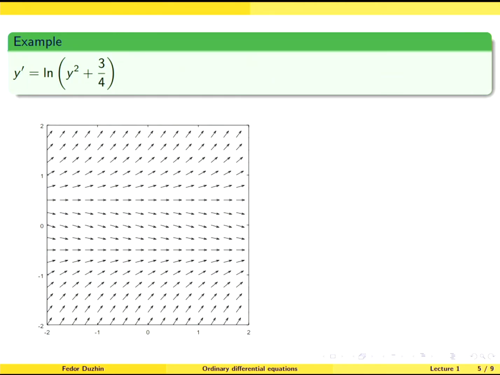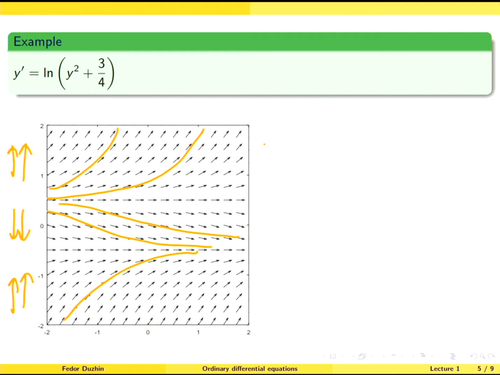Okay, now let me look at the second example. Again, suppose that we haven't seen the differential equation, so we're just looking at the direction field. From the direction field, we can see that solutions that live here are decreasing functions, and they approach -1/2. Solutions that live here are increasing functions, and they approach -1/2 too. And solutions that are in this part are increasing functions, and they approach infinity, right? So let me write that solutions here are increasing, here solutions are decreasing, and here solutions are increasing,